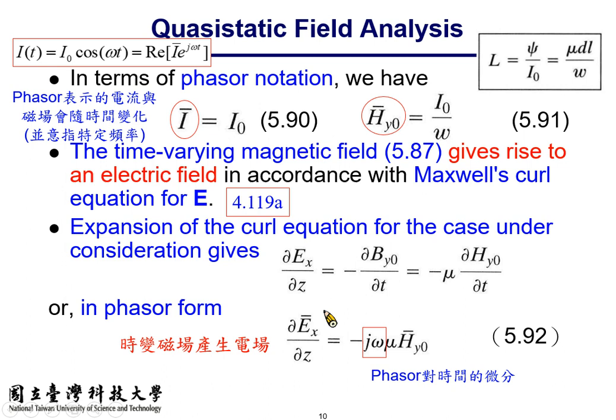Under what condition can this be a non-zero value? Which means EX is a function of Z. EX value is different as you change your position on the Z direction. For example, and this is